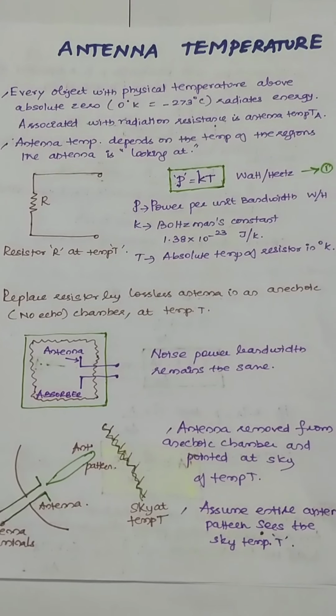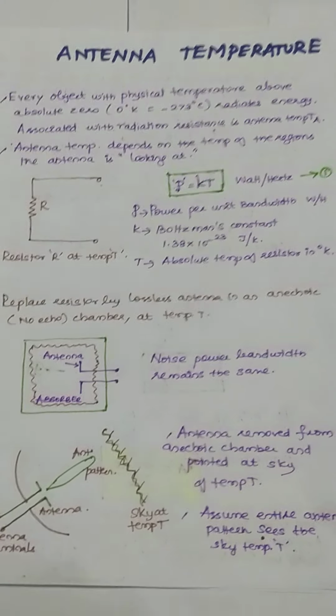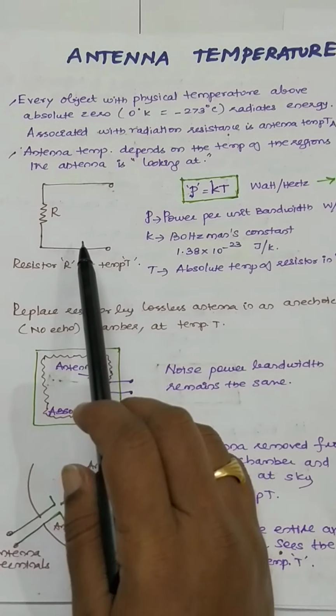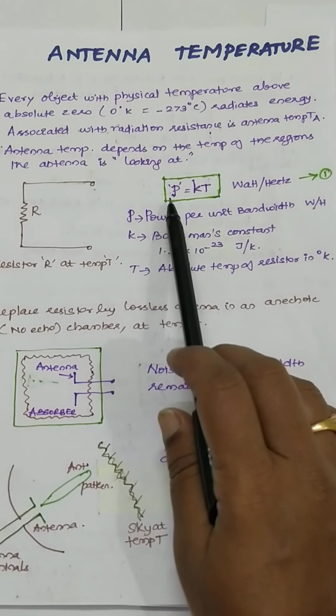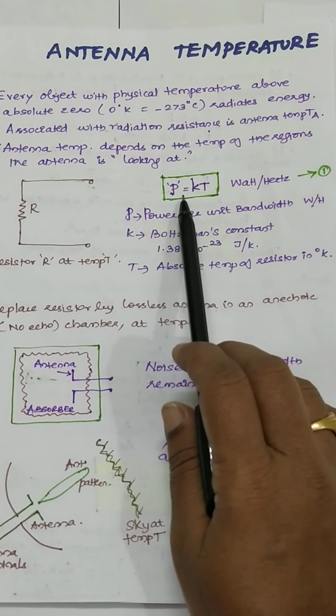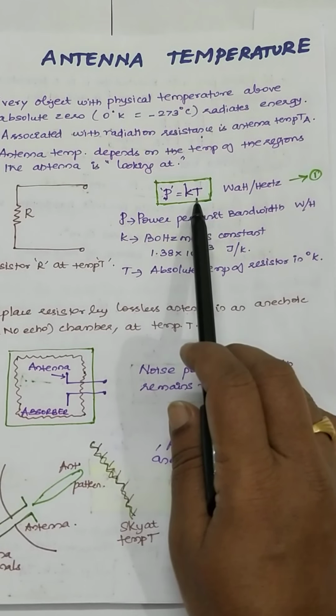The antenna is seeing something. So the antenna is looking at that region, and it depends on that. First diagram, look at this diagram. A resistor is placed at a temperature of T. The power per unit bandwidth is equal to K into T, the product of the Boltzmann constant and the absolute temperature